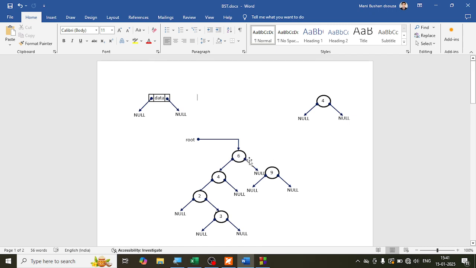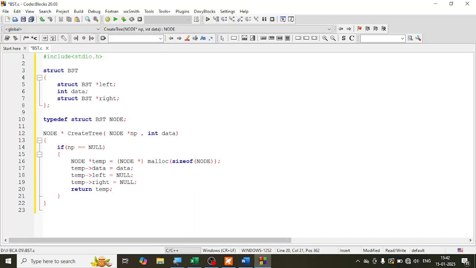So if it is smaller, you go to the left hand side. If it is larger, you go to the right hand side. How do I write that? So I'm going to check here. If the data that is passed to me, this data, if this data